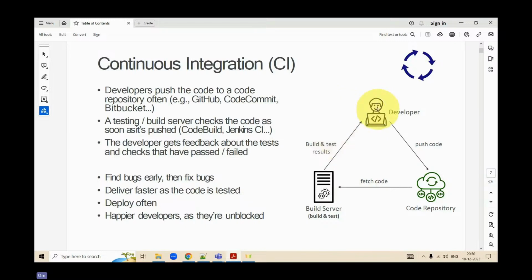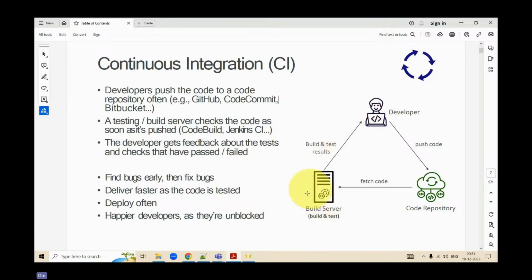So the developer gets feedback on whether the tests and checks have passed or failed. Think of it this way: if you send a WhatsApp message, you get a blue tick. What is that blue tick? It simply means that the message has been delivered and read.